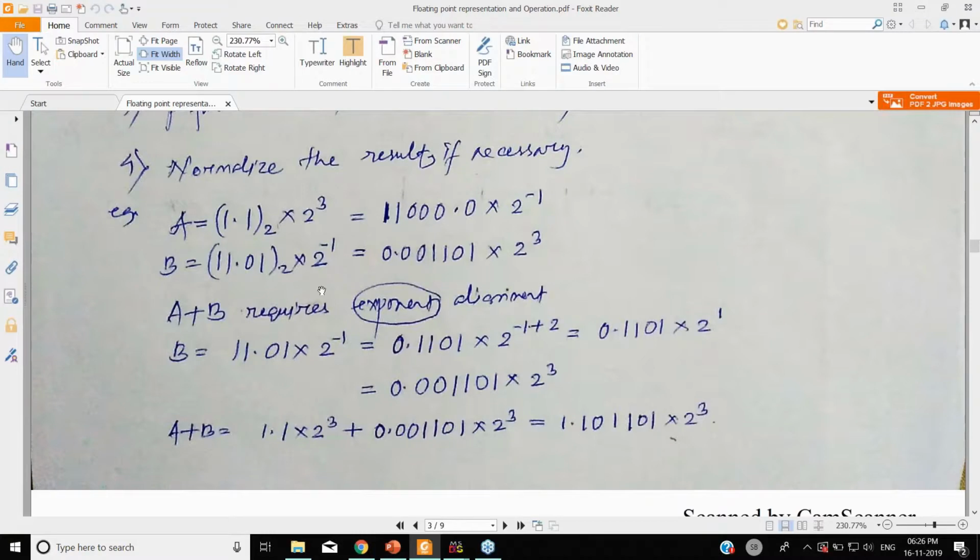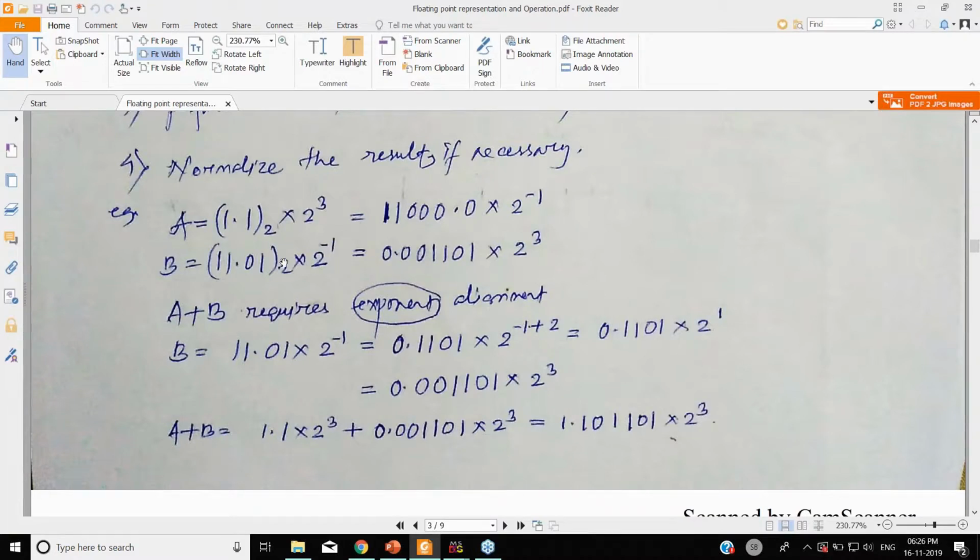To align the exponent, first you need to find out the smaller number between these two. So which one is the smaller exponent? B is the smaller exponent. B has 2 to the power minus 1, but A has 2 to the power 3. So what will I do? We